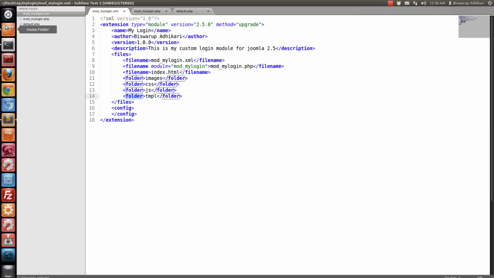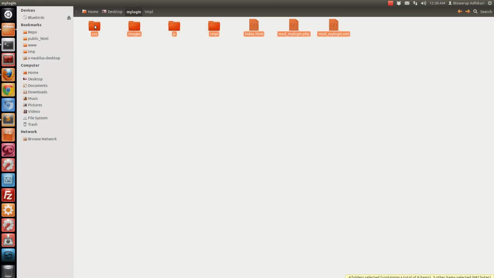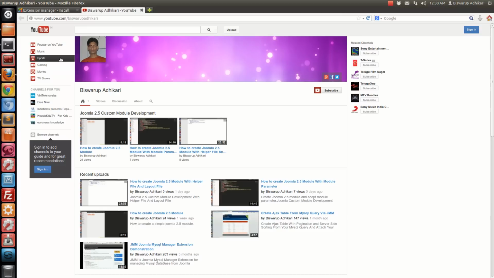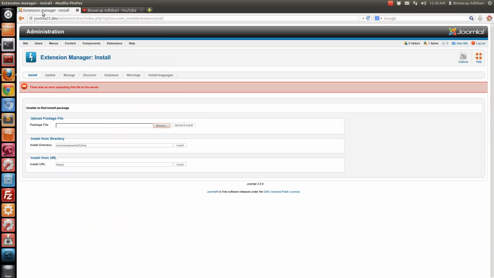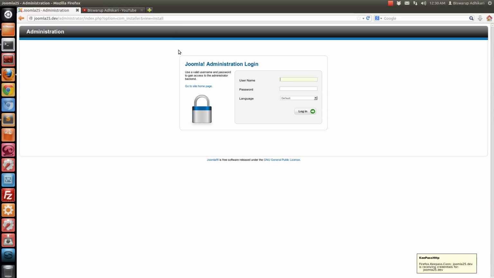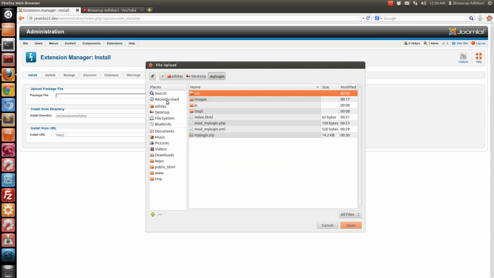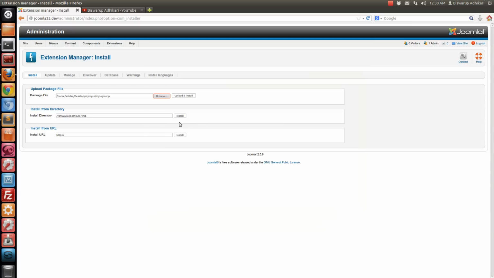Let's create a zip for this folder structure. Select all, compress, create zip. Now visit your administrator section, log in with admin and the password, and then from the extension manager browse and select my login.zip,